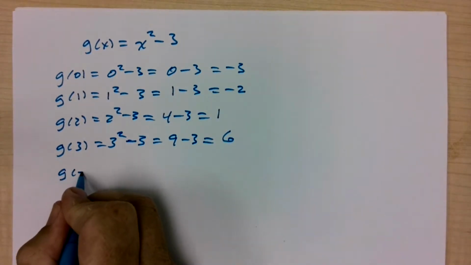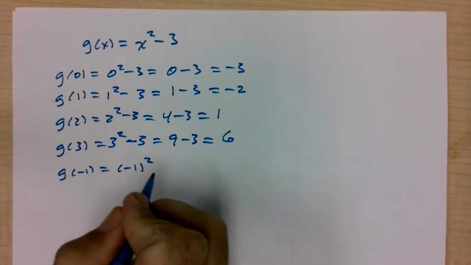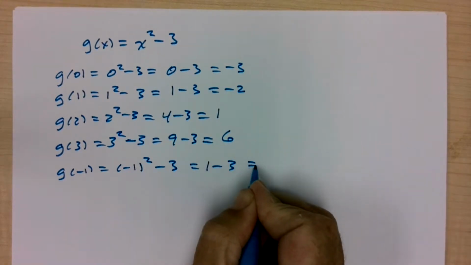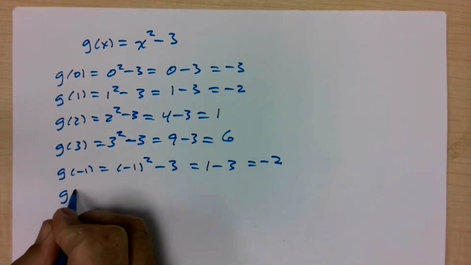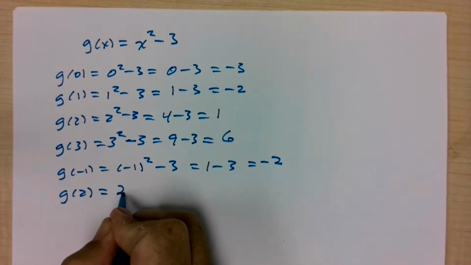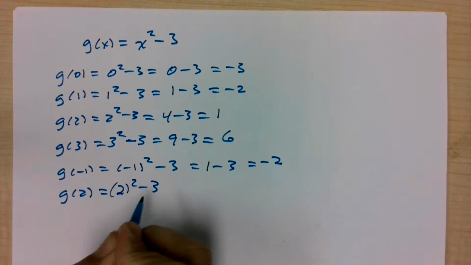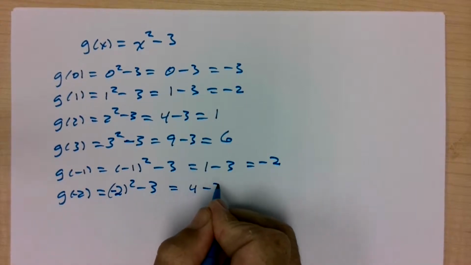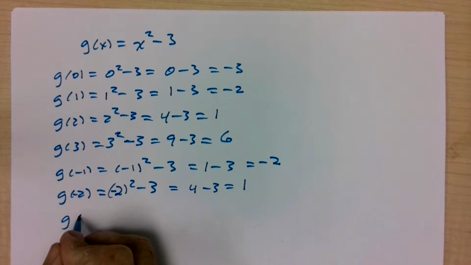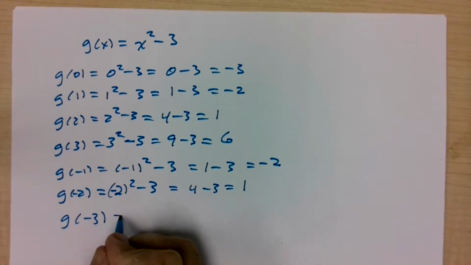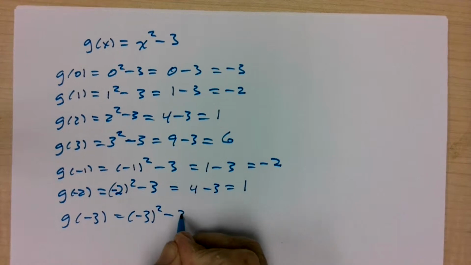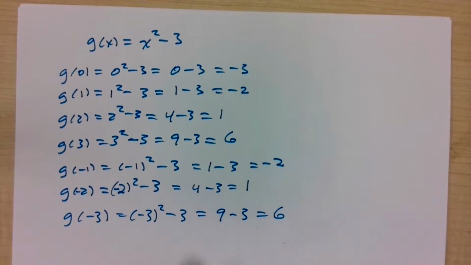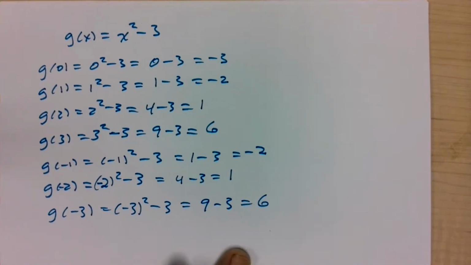G of -1, -1 squared minus 3. -1 times -1 is +1, minus 3, 1 plus -3, -2. G of -2, -2 squared minus 3. 4 minus 3, which is 1. G of -3, -3 squared minus 3, 9 minus 3, which is 6. So putting all of these together,